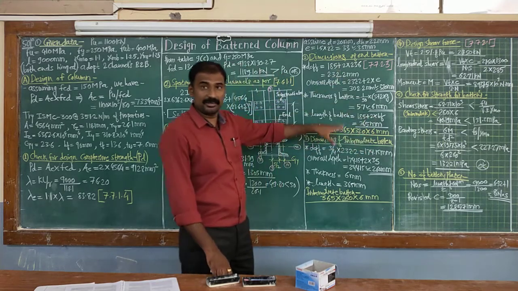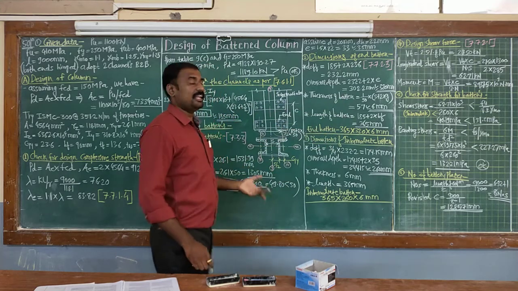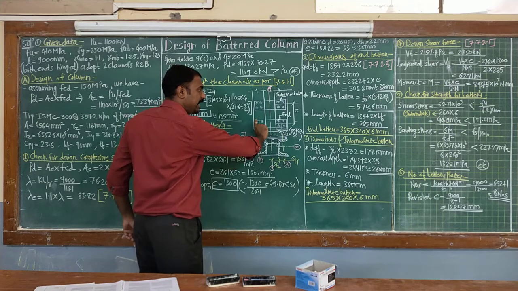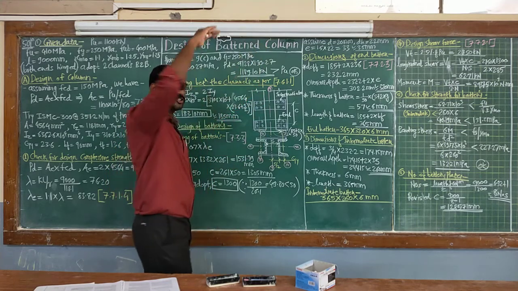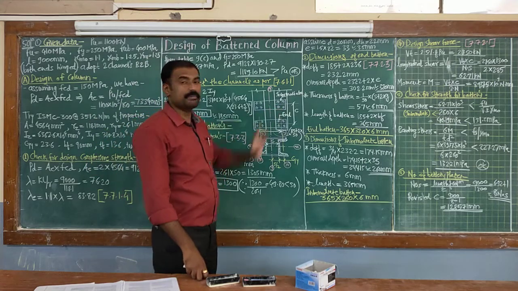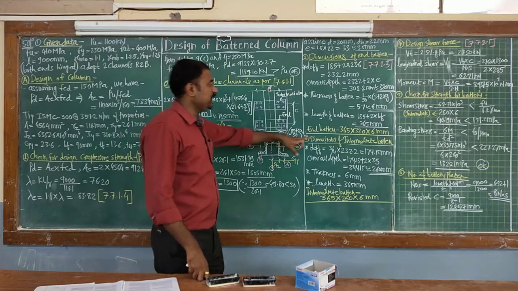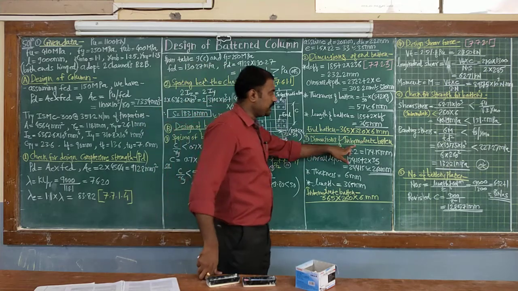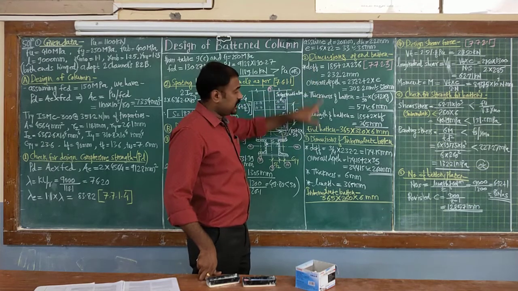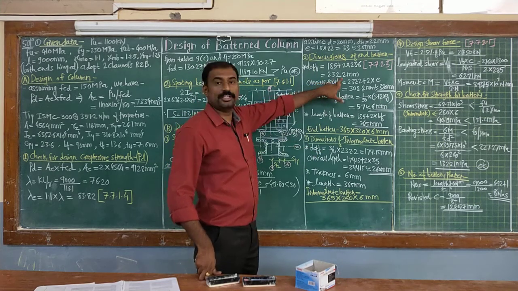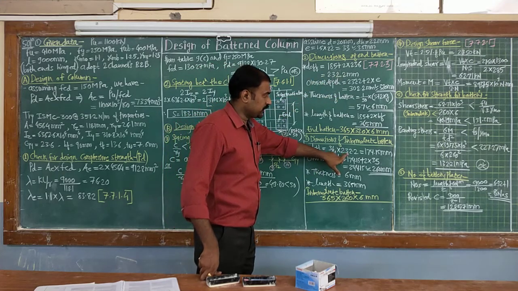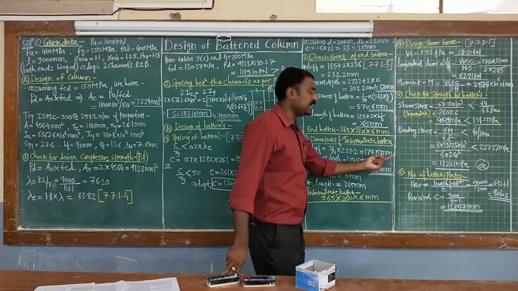Now based on this similar line only you need to define the values for intermediate batten, correct? So at the starting of column there will be end batten, and at the end or at the top portion it will be one end batten. All interior are called your intermediate batten. So defining the sizes of intermediate batten, I am writing D effective now as per this step only. That D effective is what? 3/4 of your calculated value. So 3 by 4, that is 0.75 times 232.2, I am getting 174.85.